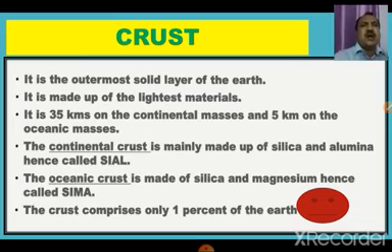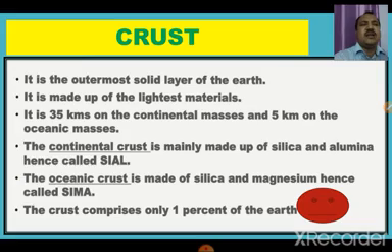It is the outermost solid layer of the earth. It is made up of the lightest materials. It is 35 kilometers thick on the continental masses and 5 kilometers on the oceanic masses. The continental crust is mainly made up of silica and alumina, hence called Sial, silica plus aluminium. The oceanic crust is made up of silica and magnesium, hence called Sima,